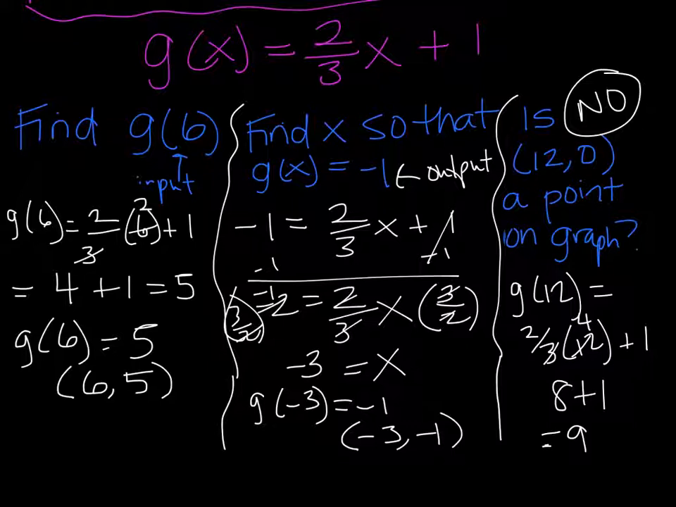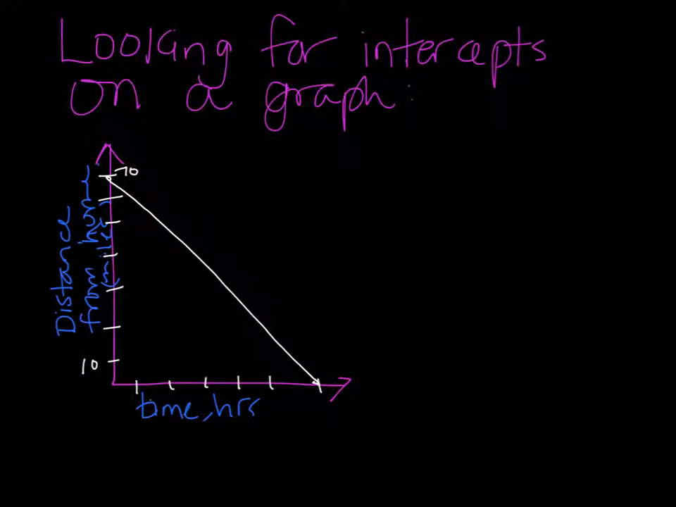And then the last thing I wanted to do is just picking out intercepts on a graph. We started to do this when we were doing that draining a pool problem last time. But let's say I have this graph that maps the time in hours that you're driving and how far you are away from home. So let's first just pick out the intercepts and then we'll describe them. On a graph right here, this is going to be my x-intercept,